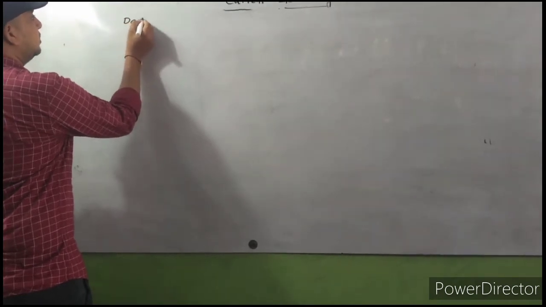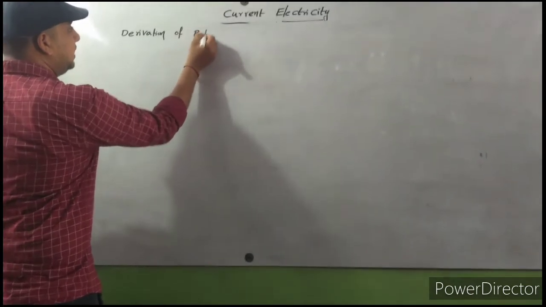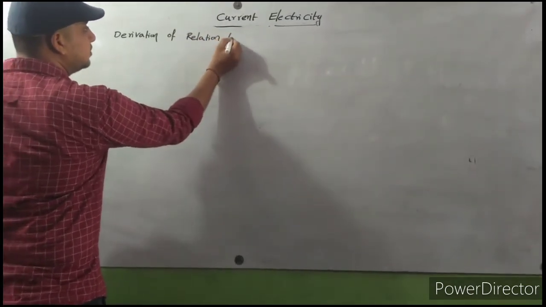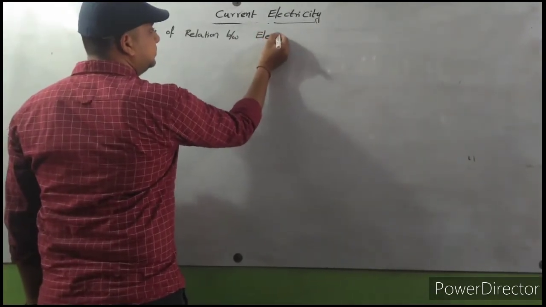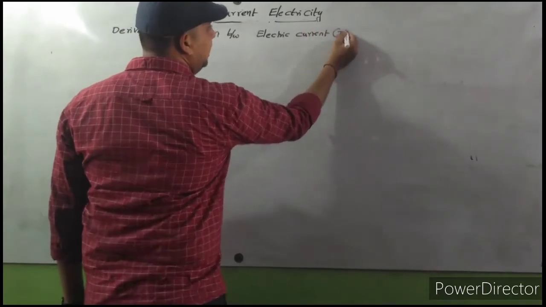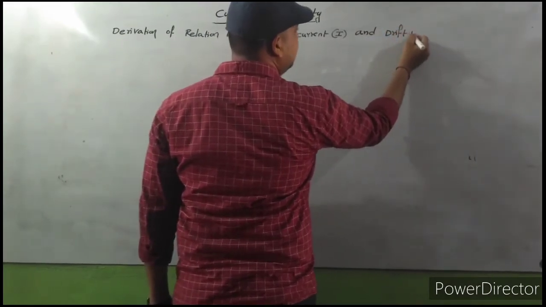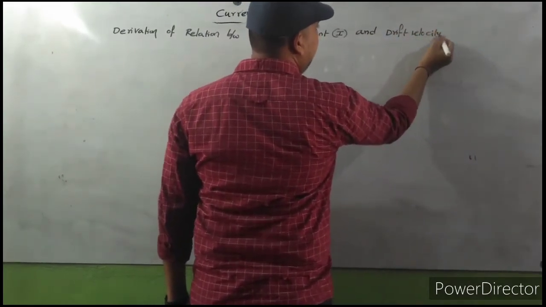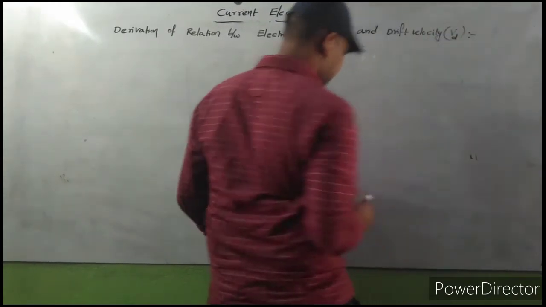derivation of relation between electric current I and drift velocity Vd. Drift velocity Vd. So dear